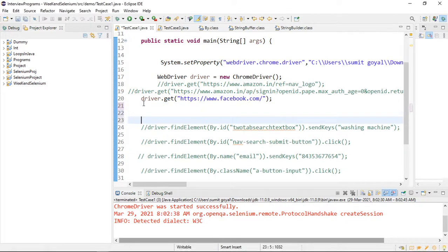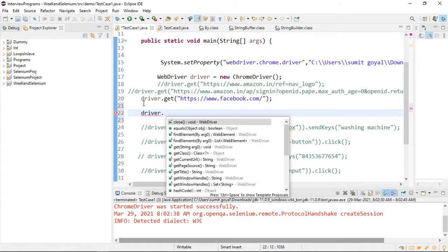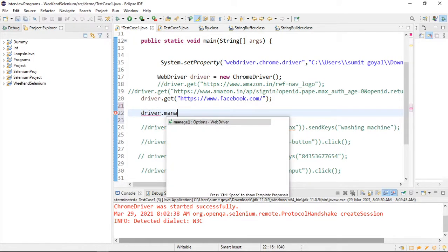If I want my browser to run in maximize mode every time, I can use one method. One line I can use: this driver object will give me one method which is manage,